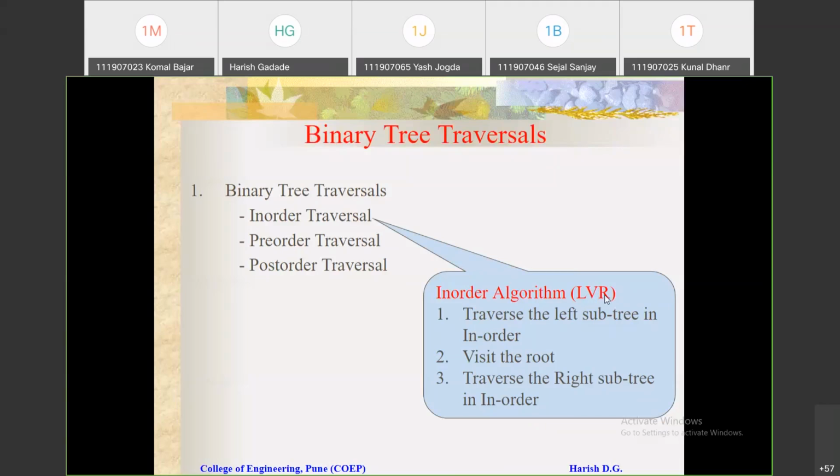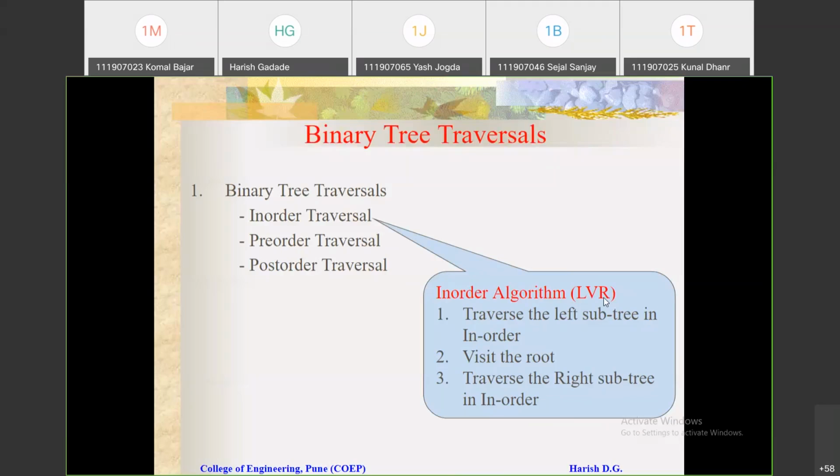So in between this left and right, we are putting this V. So that's why we can say this is an in-order traversal. So LVR, L is traverse towards left, V is visit or print, and R is traverse the right subtree. So you can memorize this word, this is LVR. L means left traversing, V is visit, and R is right traversing.